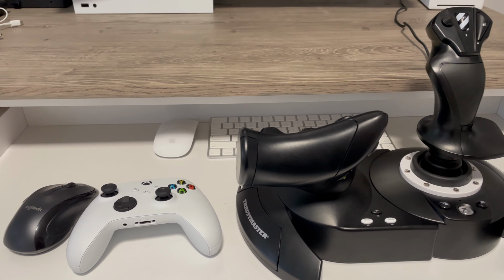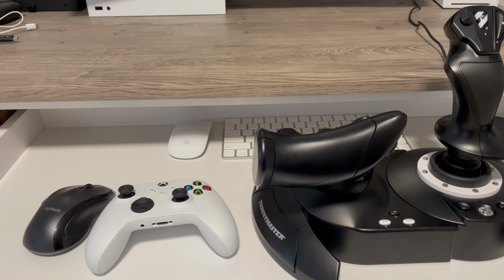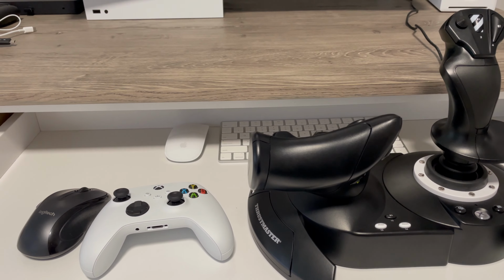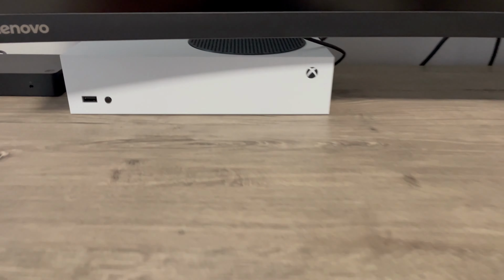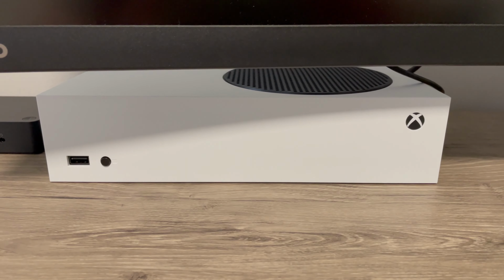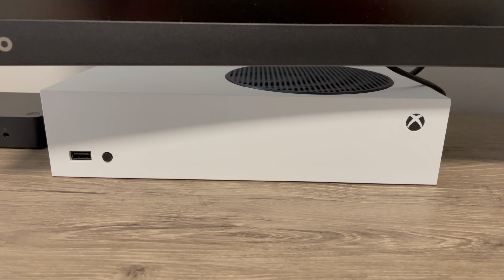But then I saw that Microsoft was going to port the program to their Xboxes, and I said, okay, I'm going to get me one of those. They make two types of Xboxes: the Series X, which is a big, black, tall box, and the Series S, which is this little tiny, petite Xbox, and it's got a slightly slower processor than the Series X